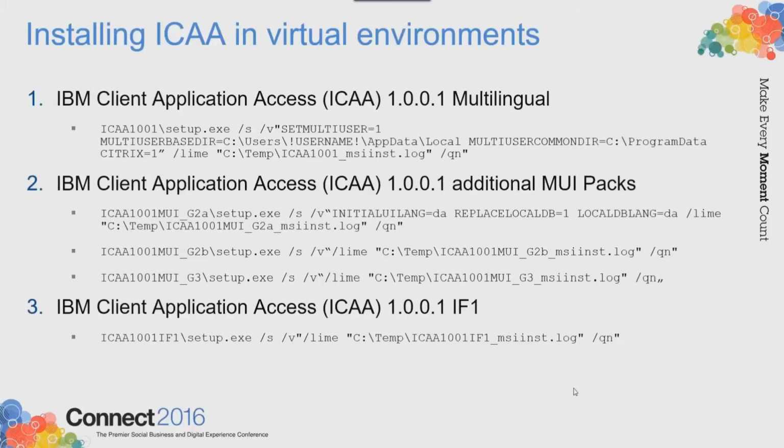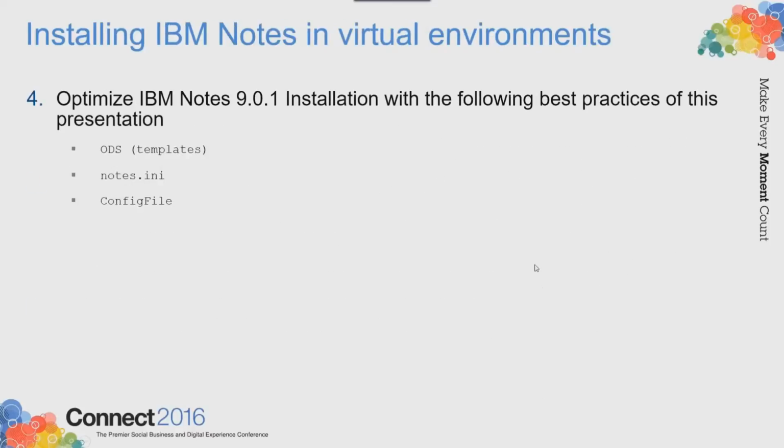And these are the command lines on how to install these things. And then again, of course, as the Client Application Access / browser plugin does not include anything like an Eclipse framework, it does not make sense to focus on the workspace improvement or the Java shared classes file. So this is a list of the things you should still focus on when it comes to deploying Client Application